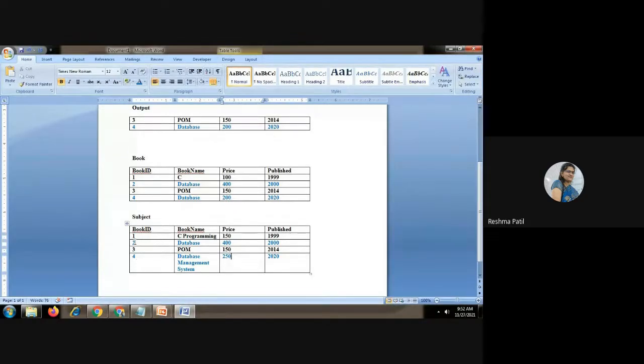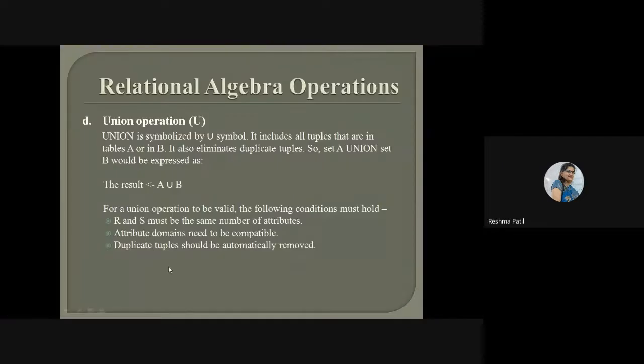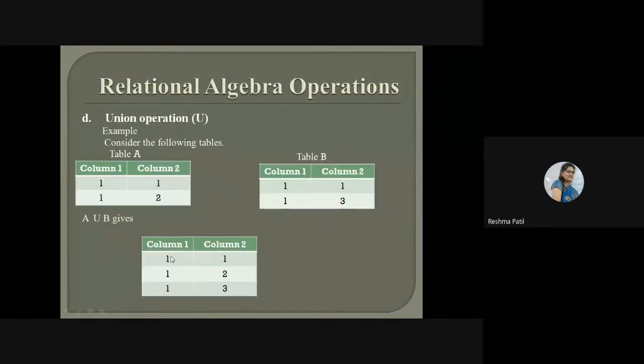Uniqueness, how can we check? We will check the value of each column from this table and this table. It is 2 here, here also 2. Here is database, here is also database. 400, here also 400. 2000, 2000. Both contain the same, which means this is a duplicate record. So in the final result, we will consider only one record from this table or this table. So these are the conditions.